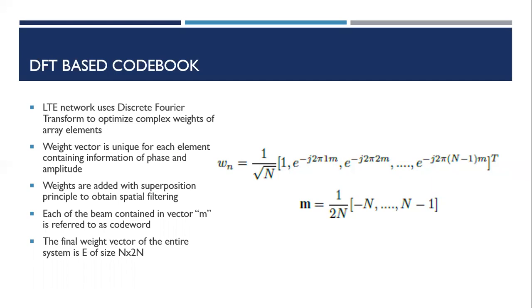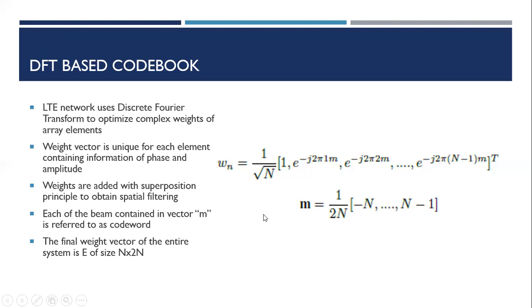And these specific entities of this vector tell us about individual element gain and the phase that is associated with it. And by adding all of these together, we can obtain the entire weight vector of the system. And wn here represents the weight vector for the nth element of the antenna. Right. And the need for having two n weights is primarily to meet the Nyquist criterion